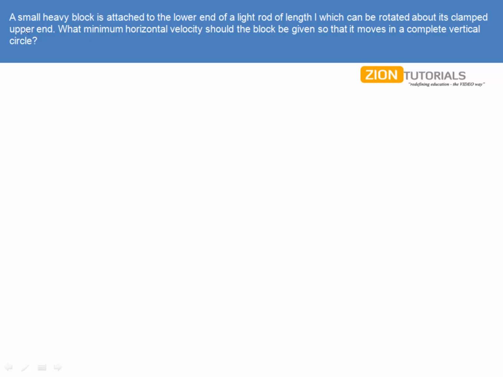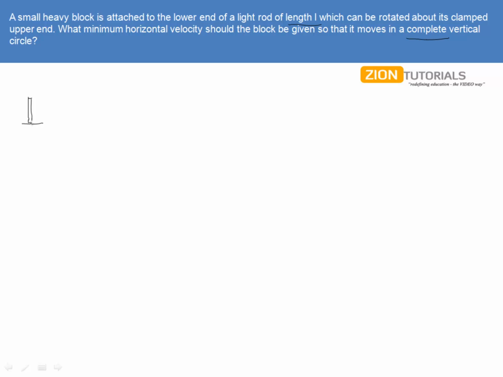As the question says, a small heavy block is attached to the lower end of a light rod of length L, which can be rotated about its clamped upper end. What minimum horizontal velocity should the block be given so that it moves in a complete vertical circle? So what's happening is that there is a light rod